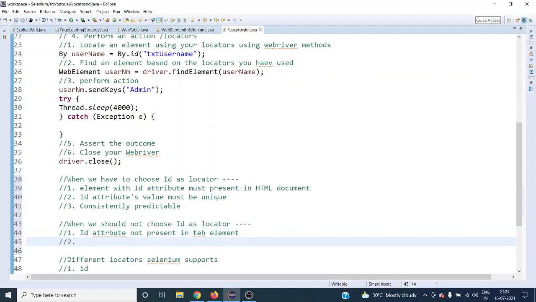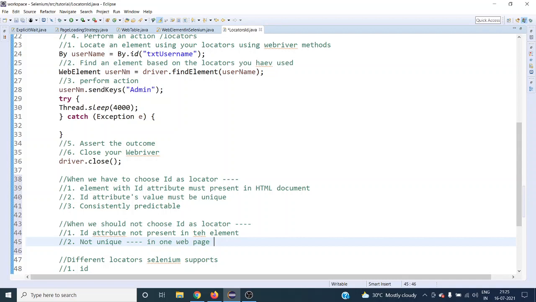The second thing is if the value is not unique. In one web page, you can see multiple web elements have the same ID attribute. In that case, if you want to select the third or fourth one, it will not actually find that element.